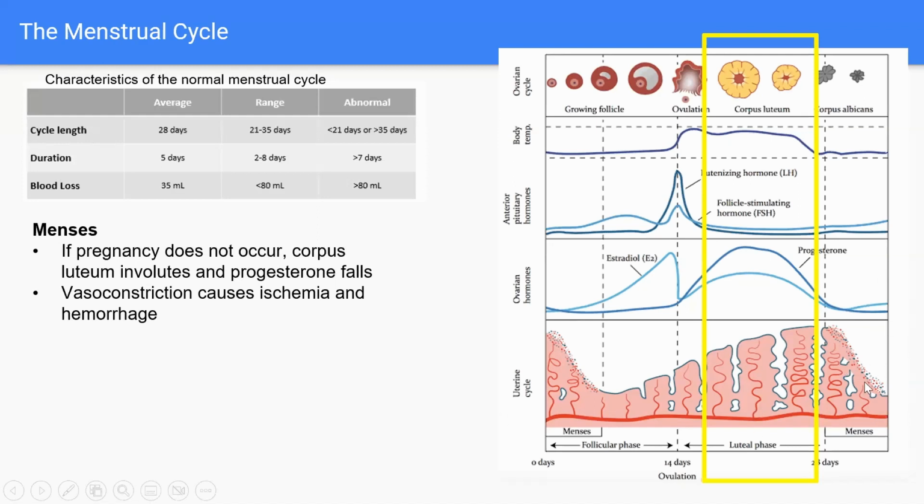So that was a lot of words, a lot to think about, but just to recap, there are 3 endometrial phases throughout the cycle. There's the follicular phase. It's under the control of estrogen. It's when we're growing this endometrium. In the luteal phase, we're waiting to see, hey, did the egg implant, did an embryo form? And then progesterone is going to fall if pregnancy did not occur. And then that's menses. Menses is where you'll have the bleeding and the sloughing off. Okay.